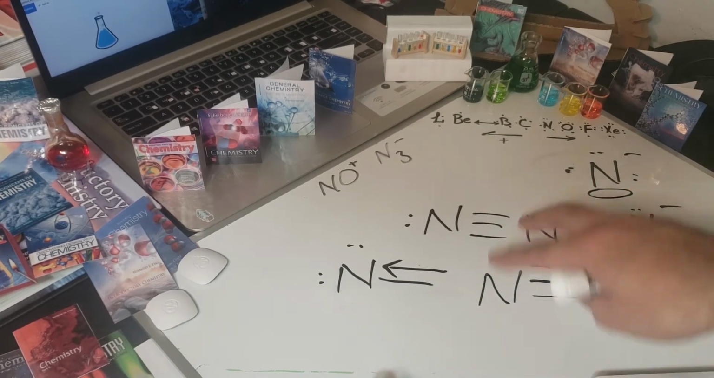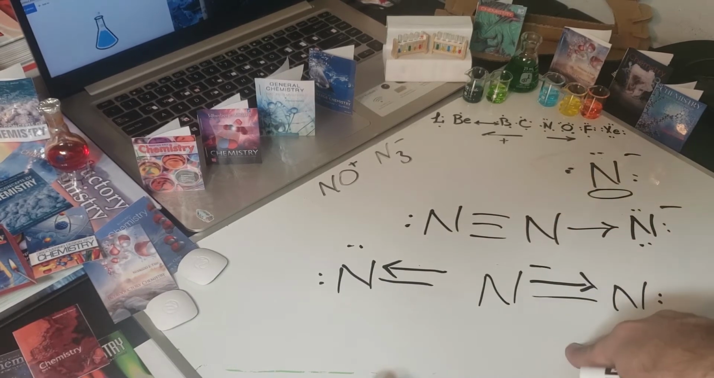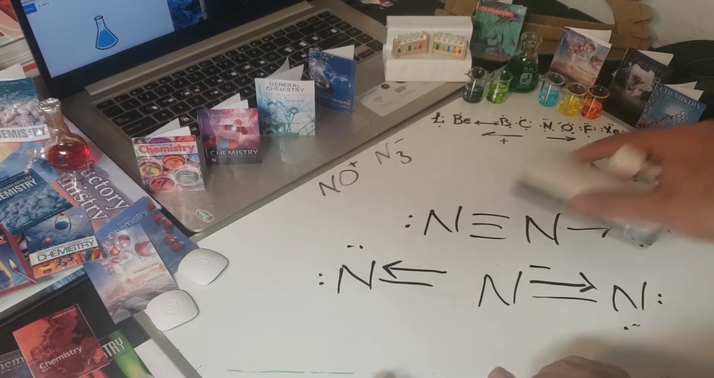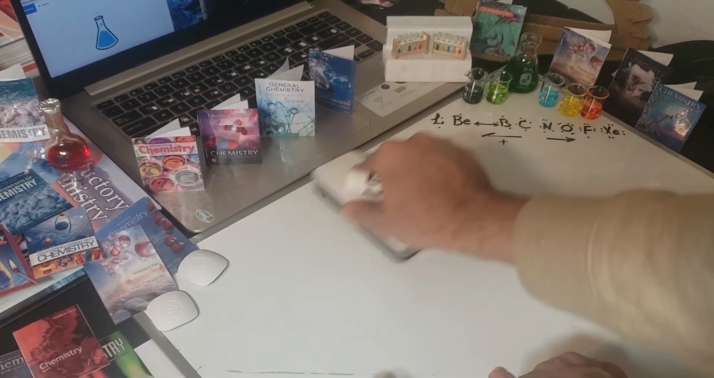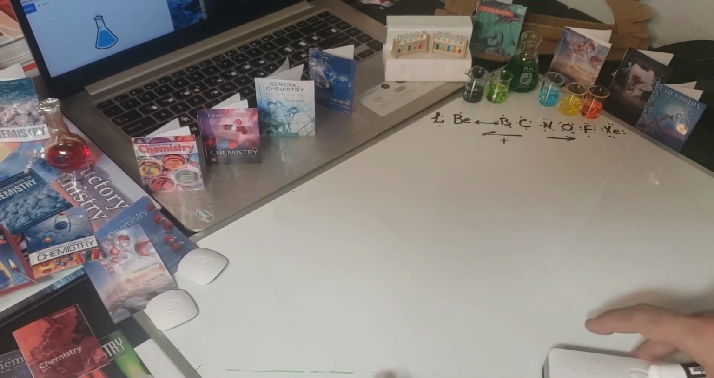Both representations are correct and give you linear geometry, but this one is the most correct one, okay? Because we start with the central atom that has the maximum number of single unreacted electrons. Let's move on to